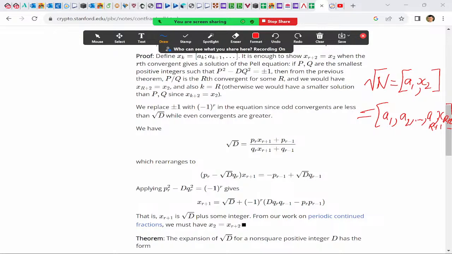What's the previous theorem? No, it just says they're convergents. There's nothing here. So we know that if it's a solution to p squared minus d q squared equals plus or minus 1, then it comes from one of the continued fractions. But it says for some r,